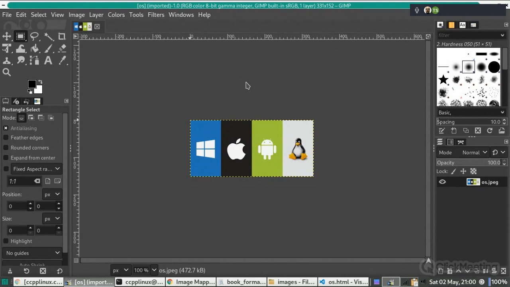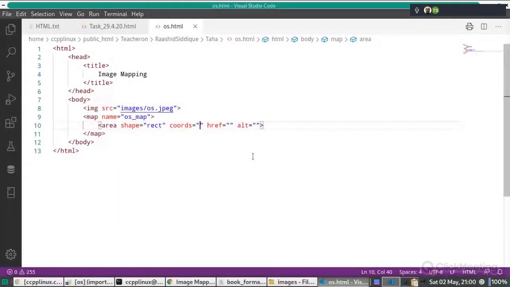Just see, when we are moving the mouse here, at this location it is showing the coordinates. Do you see? So here this will be 0 0, if this is the starting point. All start at 0 0. Here it is roughly 80 and 150. Suppose. So 80 from the top and 150 from the left. 80 and 150. You understand what we just did? Yes, I understand.